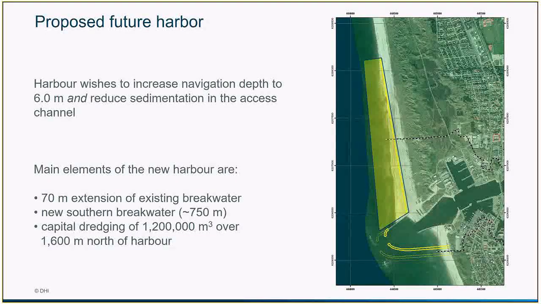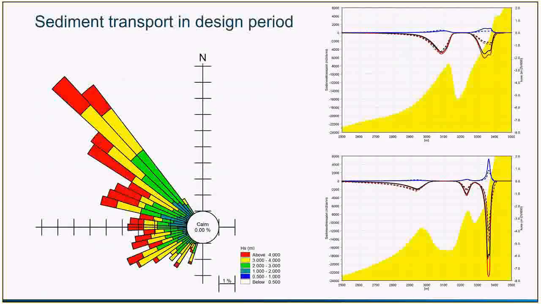And one of the issues we've had when working with this project is that before the extension of the harbor, the harbor wanted to maintain a navigation depth of 4.5 meters. But during the project, they wanted to increase navigation depth up to 6 meters. And at the same time, they wanted to reduce sedimentation in the access channel. So that changed a bit the conditions that we were looking at. So we have a calibrated model, and we want to try a new design. So what we've done is to